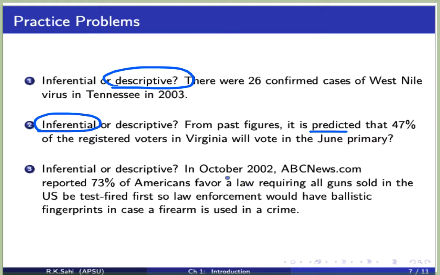Another example could be in October 2002, abcnews.com reported 73% of Americans favor a law requiring all the guns which are sold in the US to be test fired, so law enforcement would have ballistic fingerprints in case a firearm is used in a crime. So here is 73% of Americans favor a law. And they're talking about how it will help the law enforcement. So it's an inferential